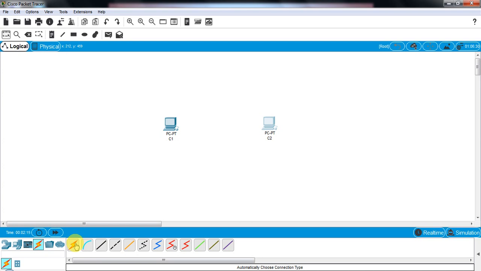If you select automatically choose connection type, then Cisco Packet Tracer will use the connection according to the end devices which you are connecting. But here, as we know, we are connecting two computers directly with each other, and so a crossover cable is required. So I am selecting crossover. I am selecting one computer. Here you can see the possible adapters. We have to use fast Ethernet, and on the other side also fast Ethernet. Once a connection is established, green signals mean the connection is correct according to the type of end devices.